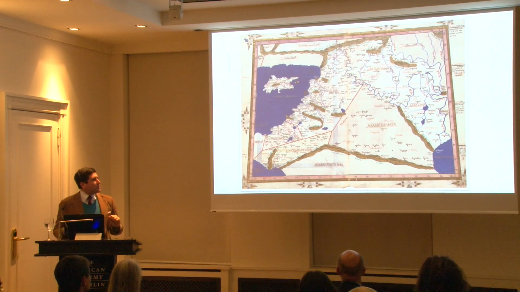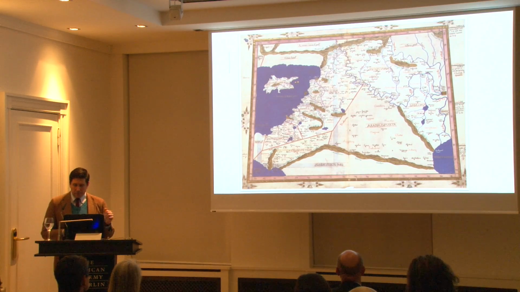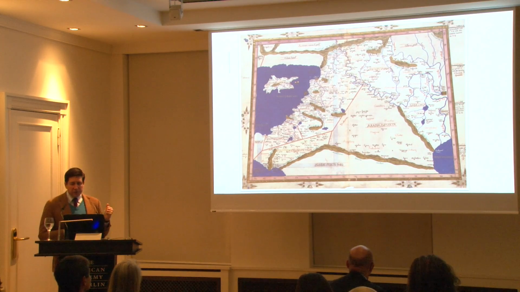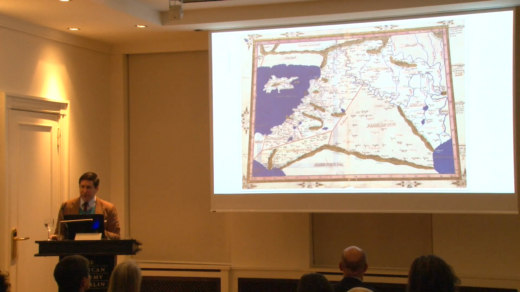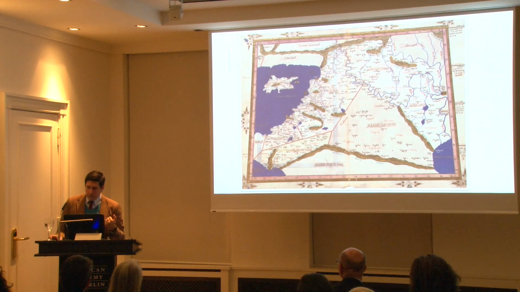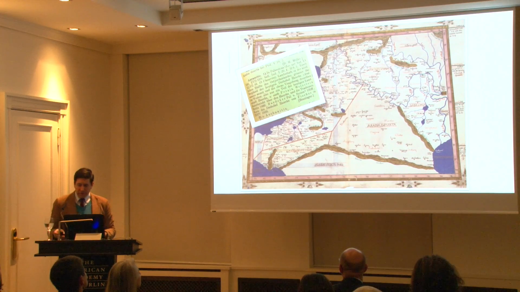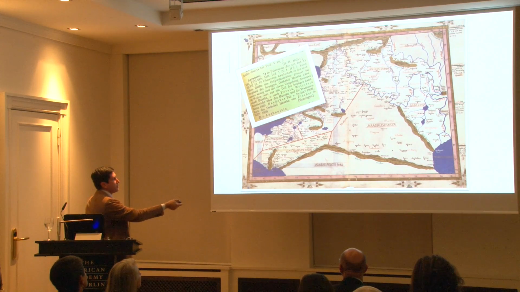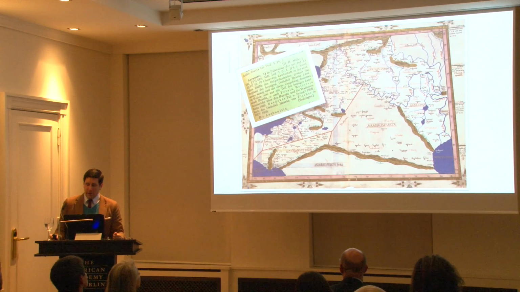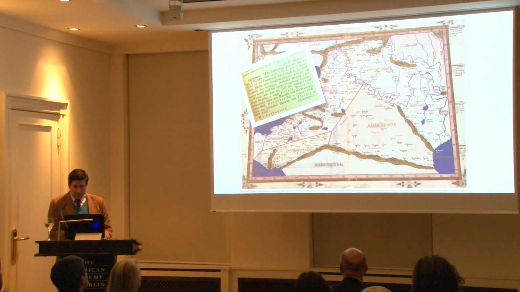So, the problem of resolving Haran with Inner Harran would seem to be intractable until we consider that the term Inner Haran implies the existence of an Outer Haran as well. Perhaps we should be looking not for one Haran, but maybe two. Pauly's Realencyclopädie der klassischen Altertumswissenschaft informs us that the term Auranitis actually did refer to two separate regions in antiquity. The Western Auranitis, which is described by Strabo and Josephus, and it's up here, in the Roman province of Arabia, and a Babylonian Auranitis,